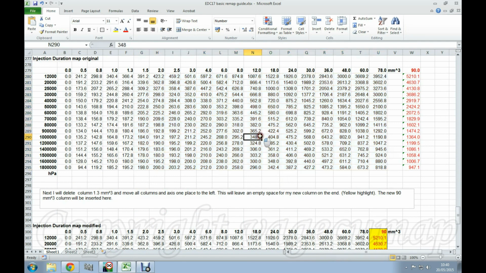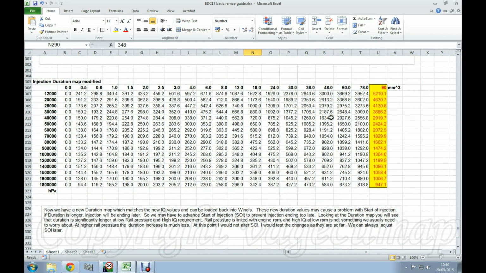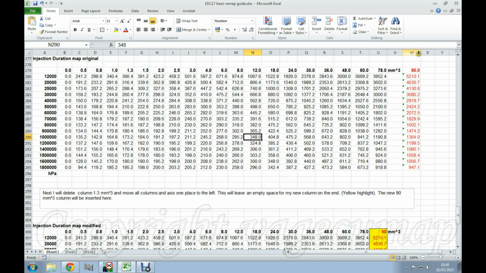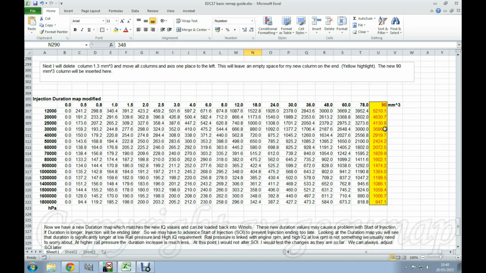I'll just escape from that a minute so that we don't get muddled up. So I've put it in down here. So 1.3 is now gone because this is on top. So 1.3 is gone completely. So I'm not leaving any part of that axis behind. I've taken out the axis and the data, which left me an empty space, which I highlighted here in yellow. So I was left with an empty column. And then all I've done is I've put my new numbers in, because they've all shifted over, into that empty space. So there's my new numbers in my empty space.